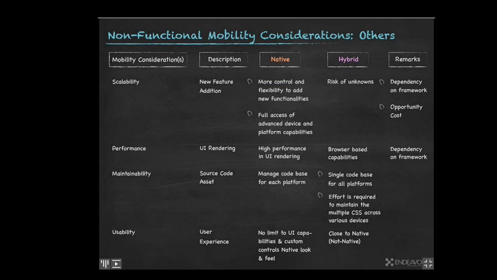Now, when it comes to reachability, your web applications are far more reachable because you just use the URL, open it in the browser, and it's there. Native applications, when you're adding a new feature and you don't know whether it is hardware dependent or independent, that is something you need to worry about when you are making a decision. So scalability is much better addressed in native applications if you have more of a hardware dependency and things that you want to do in a native application.